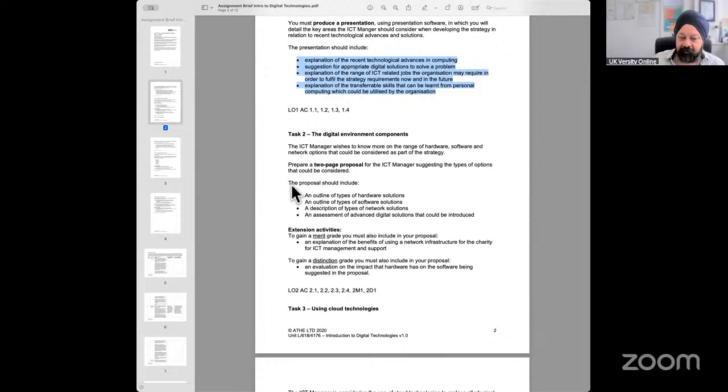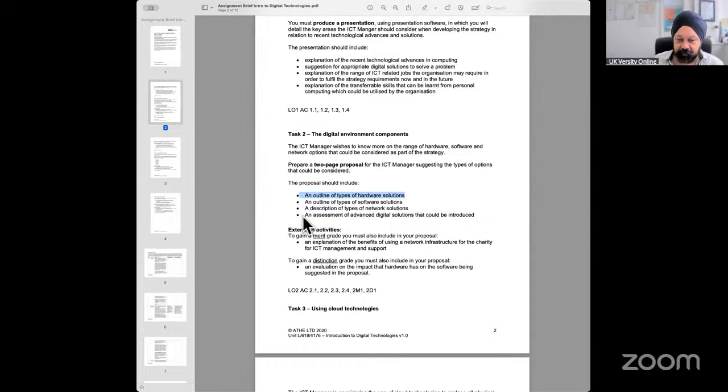The second part would be to differentiate them into hardware, software, and network solutions. So if you're suggesting, when you do this first task, you have to look at what is required in the second one. So the software needs to be planned and bought, or subscriptions need to be looked at. You would need to look at the hardware side of things. You would need to look at the network side of things, because in the next task it is asking you to outline the type of hardware requirements the company would have,